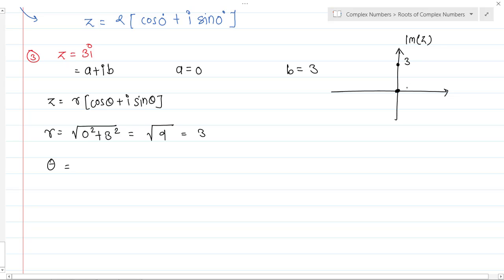What will be the argument of z? This is nothing but the angle theta. How much is this theta? 90 degree. Tan inverse of b by a, where b is 3 and a is 0. Yesterday Rohit had asked me this question. So sir, 3 by 0 is nothing but infinity. When does tan become infinity? When we have 90 degree, or you can write it as pi by 2 radian.